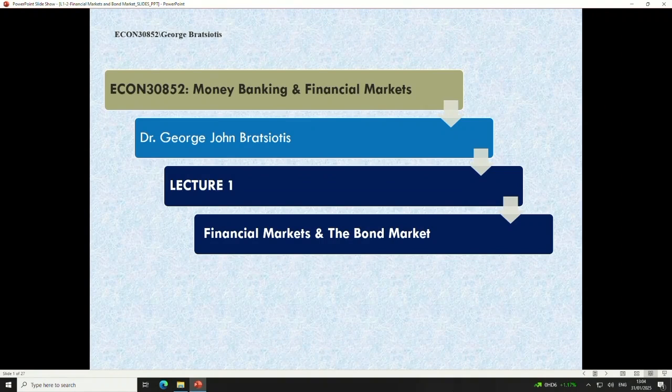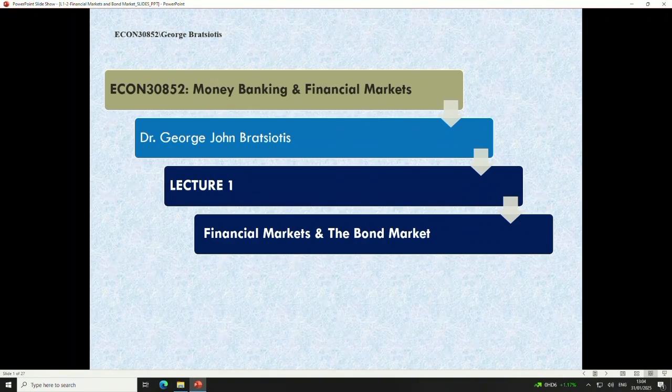You should have advanced maths, advanced stats, and you should have the macro that you've done in the second year, which is first and second semester. It's as clear as that. Now, some of you may have come from different backgrounds. Again, somebody will have checked, but we'll check again. The reason why I'm saying this is that although the course is not technical, I will expect you to have a very good knowledge of macro.